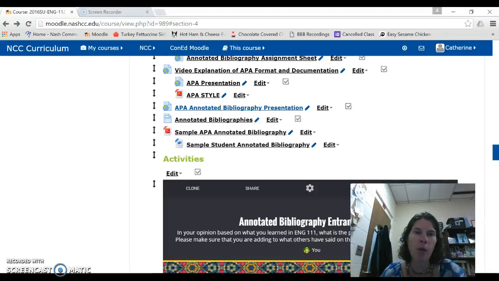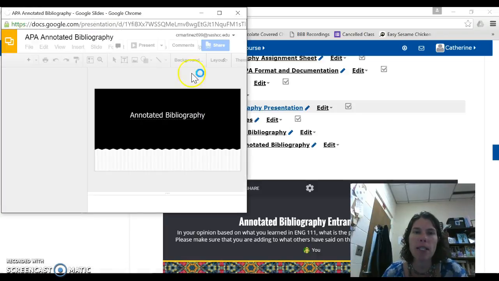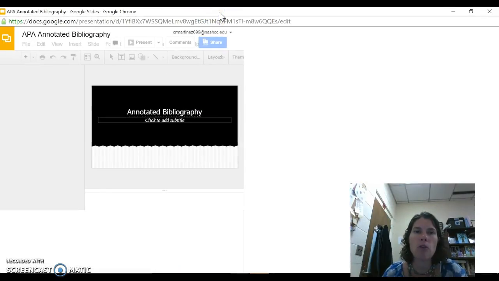Okay, so we have discussed the annotated bibliography assignment sheet. We have discussed the differences between APA documentation style as well as some things that need to be included. And so now what we're going to discuss is what exactly you include in your annotated bibliography citation. So again, I'm in the annotated bibliography unit, and if you click on annotated bibliography presentation, it'll take you to